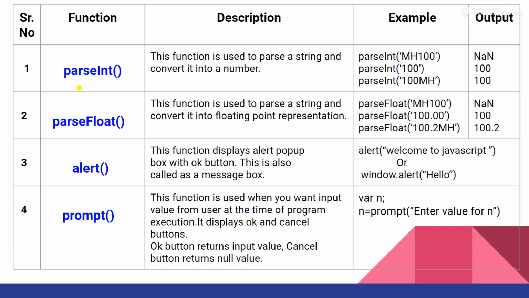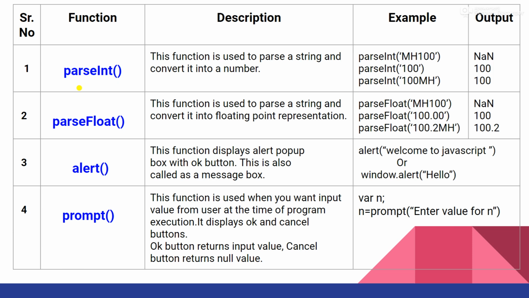So here I have made a tabular format which will discuss the built-in functions in JavaScript. First we will see parseInt. Now in the description you can see this function is used to parse a string and convert it into a number. So students, first tell me, how do you recognize that some particular thing is called a string? Whenever a string is there, it is enclosed in either single quotes or double quotes. Agree? Remember, we have already seen this in data types. Suppose in the text box I have given 100 as the value.